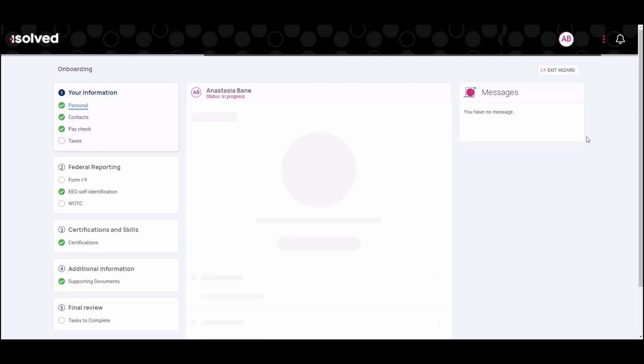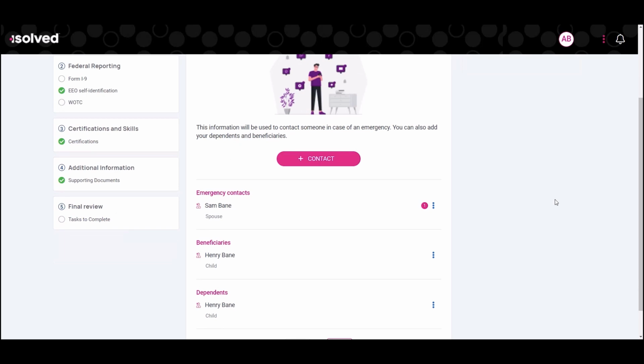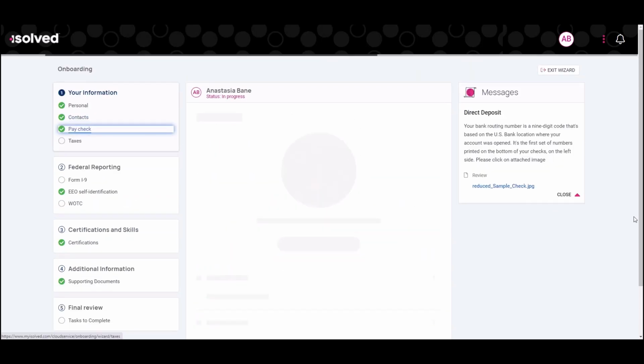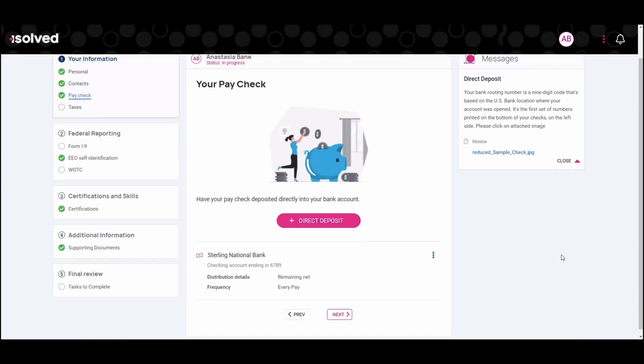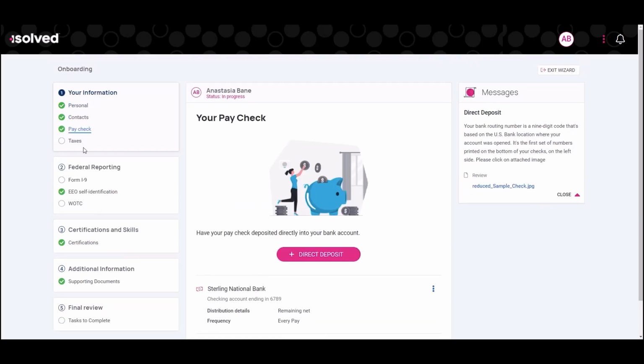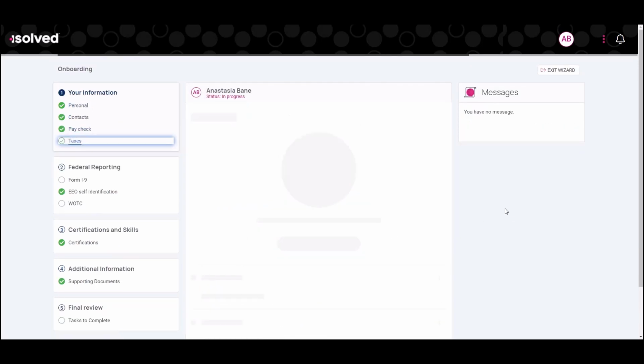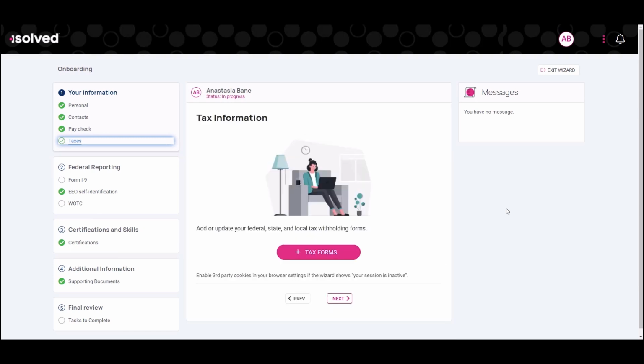That's what's going to take them step by step through a wizard where they're going to complete all of their basic information. Think about capturing their contact information, such as emergency contacts, dependents, or beneficiaries, or even how they want to receive their paycheck. If they have a checking account, a savings account, or even pay cards, they can add in this information here. And then, of course, we're going to capture all of the tax forms, everyone's favorite part